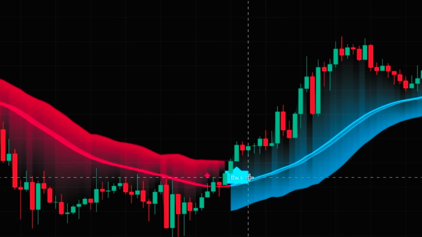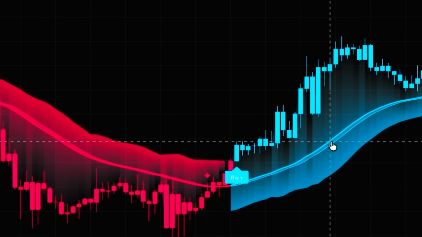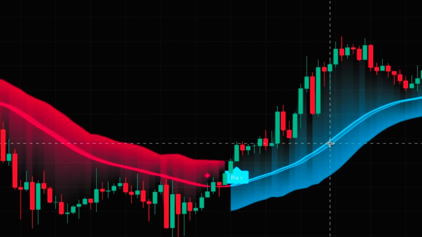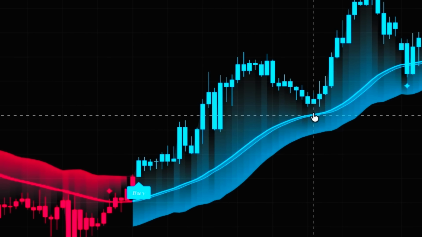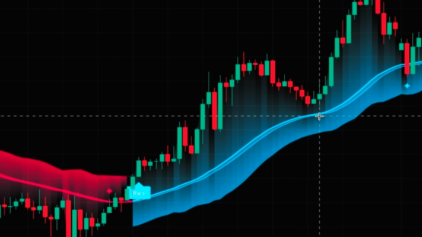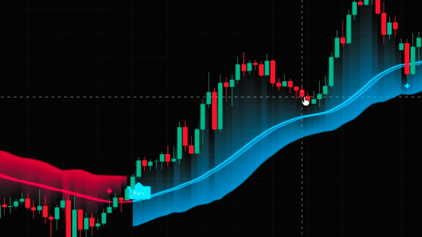Alright, as I said, we have two lines, one of them based on open and the other based on closing price. The gap between the two lines shows intra-bar directional bias. So when there is a gap, the momentum is strong, and when there is no gap and the lines are close to each other, that shows that the momentum of that direction is weak, which can be just because of a pullback, like here in this example, or in a more serious situation, there can be a reversal and changing